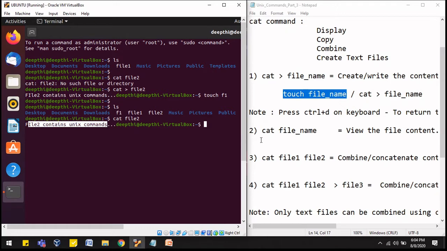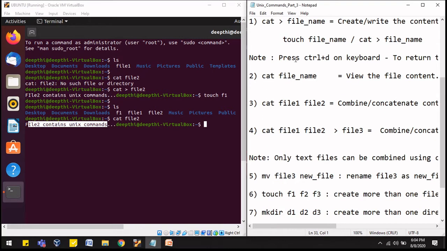So just by writing this, this is the second command, friends. In this I am writing cat, and after some space I am writing the name of the file that I want to read, right? So it is used to view the content of the file. I have written cat here and I have written the name of the file with the help of which I can read the content of the file.